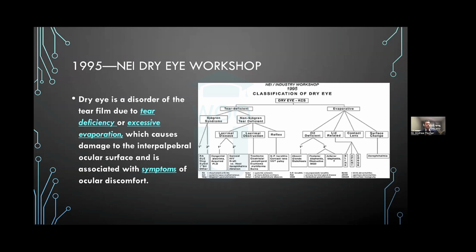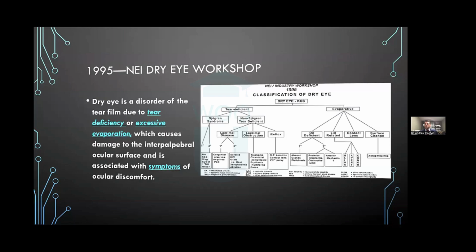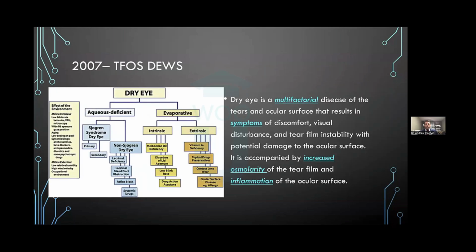So in 1995, the NEI had a dry eye workshop study that basically defined dry eye as a disorder of the tear film due to tear deficiency or excess evaporation, causing damage to the interpalpebral ocular surface associated with symptoms of discomfort. In 2007, a decade later, the TFOS dry eye workshop study defined some key elements necessary for diagnosis, including symptoms